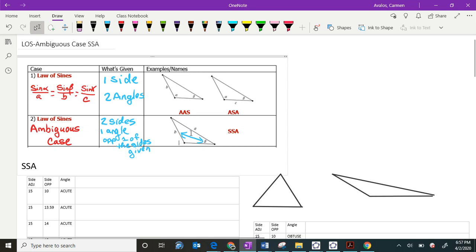If we're given side A, then it would have to be alpha. But we are not given gamma because we're not given C. If we were given gamma, then that would be a different case, and that would be the law of cosines. So if we're looking at the ambiguous case, the reason why it's called the ambiguous case